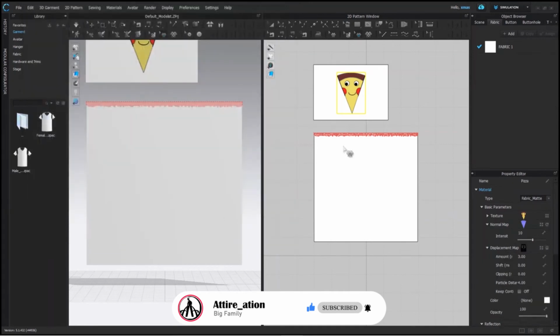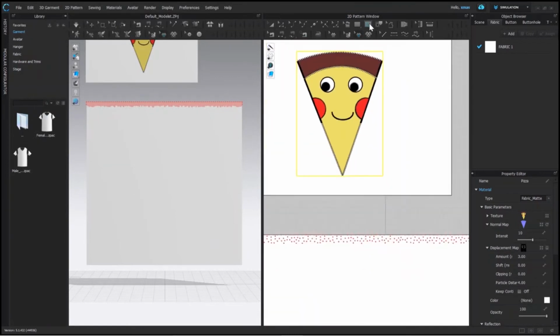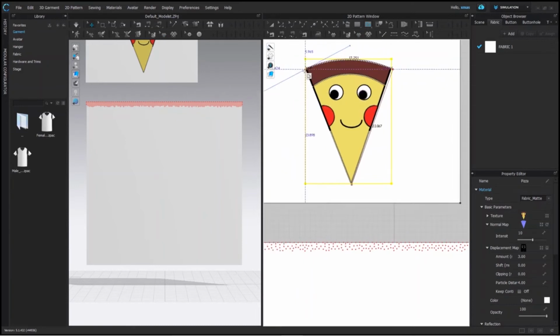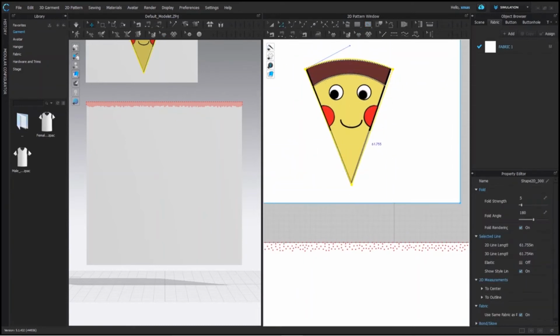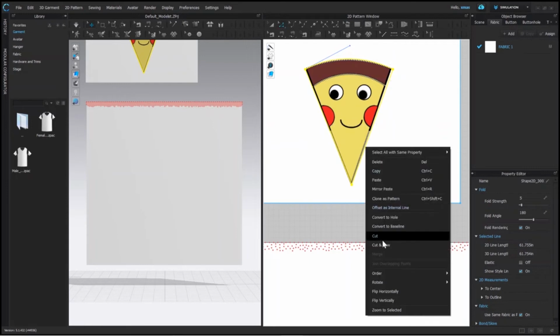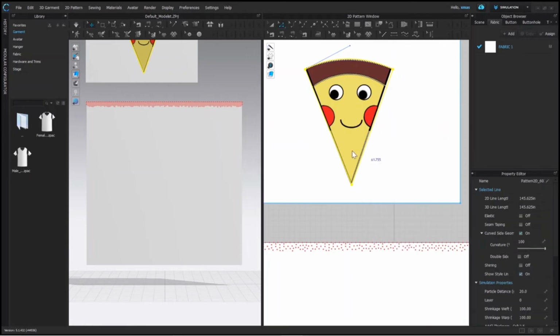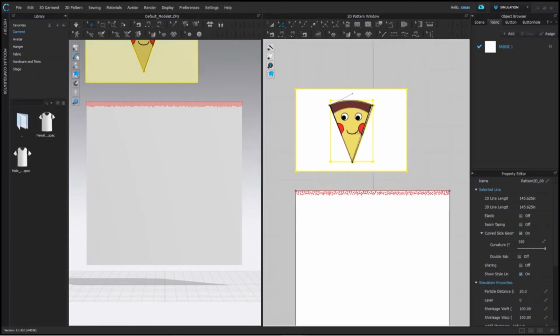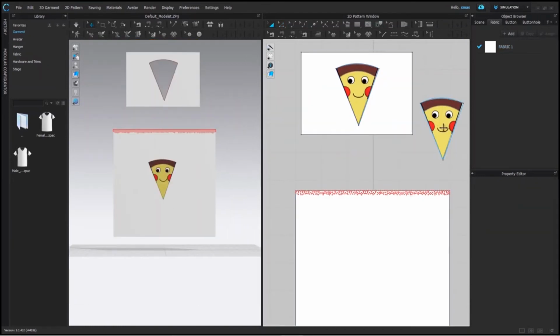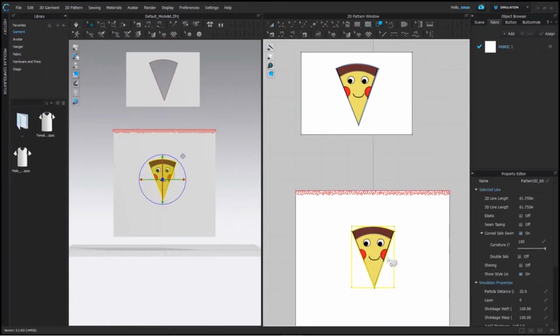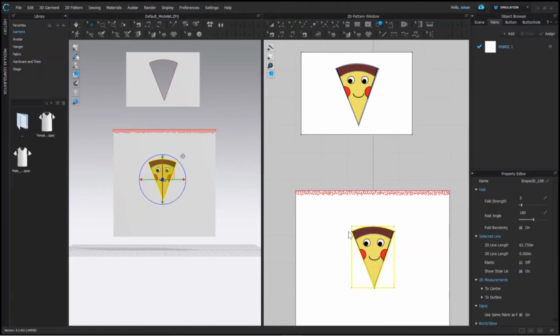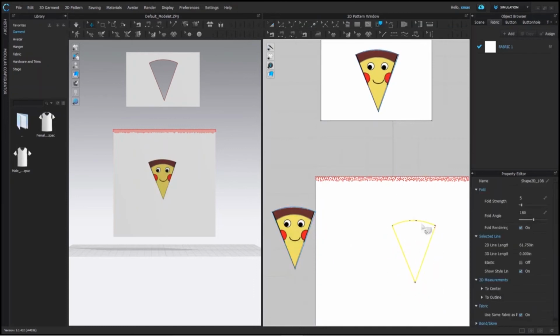Everything is ready. Now we will trace the boundary of patch with the help of internal polygon. Our shape is traced and now we will cut this from here. With the help of select tool, move this. I will place it here and activate my trace tool and select trace as an internal shape option. Displace this pizza now and trace it again.